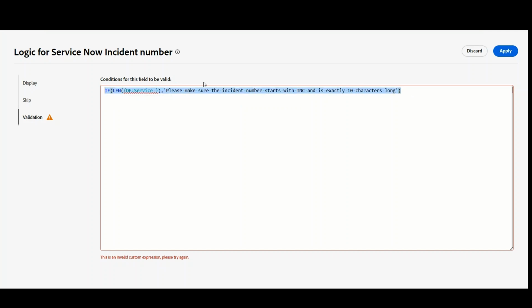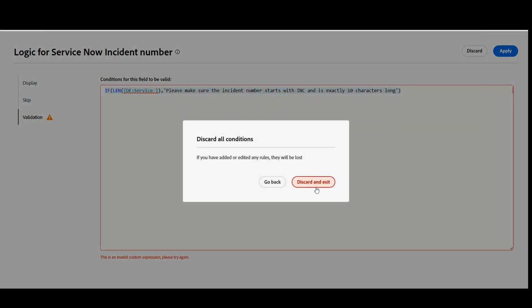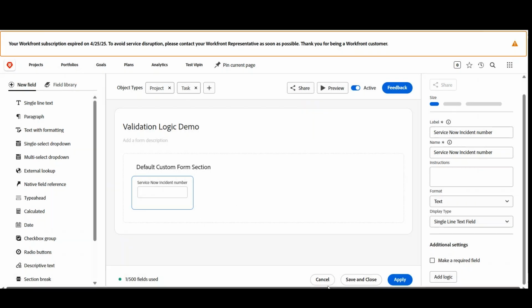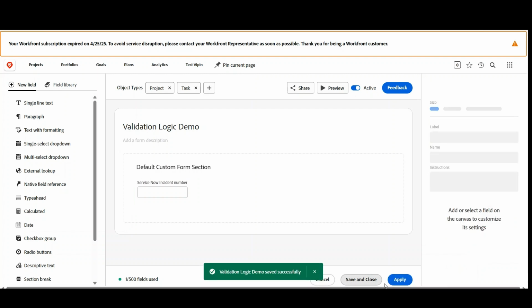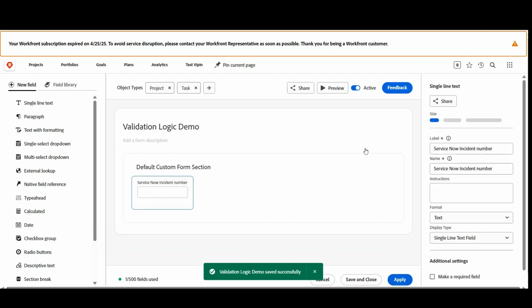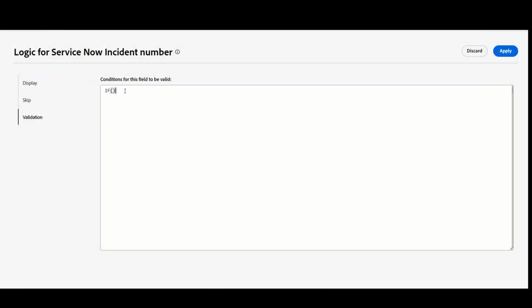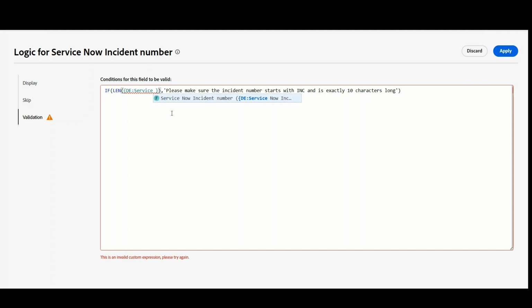Let's do one thing: discard and exit, and apply. Now let's try to add logic again here. Now let's do a control tab. Here we go, we have the incident number. Let's press enter here. Basically you don't need the curly braces now because it's already popping up there. So, if the length of the incident number